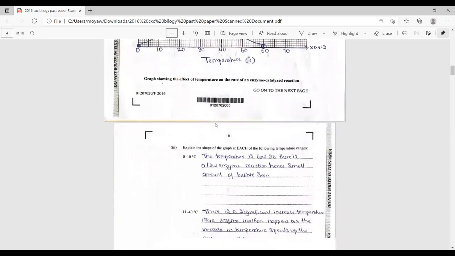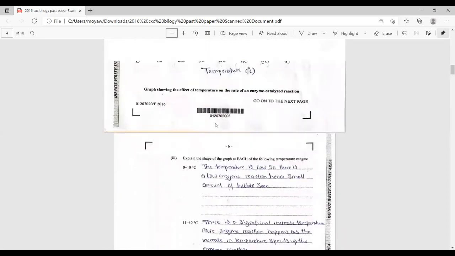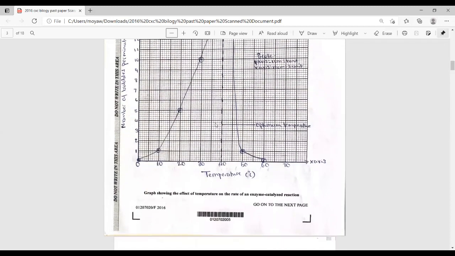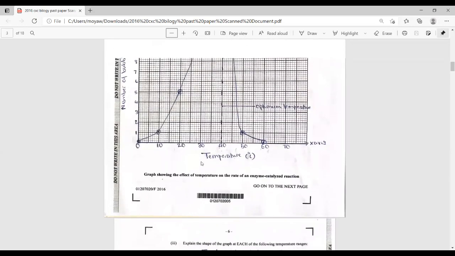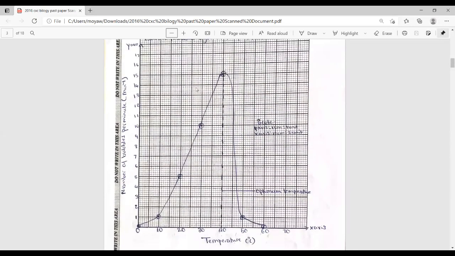So I'm moving on to the next one, which is 40 degrees Celsius and above. So we have the greater than sign. So greater than 40 degrees Celsius. So now greater than 40, we know that at 40, the enzyme has reached its optimum temperature, which that enzyme catalase will work best. So above 40, now we realize that there is a decrease